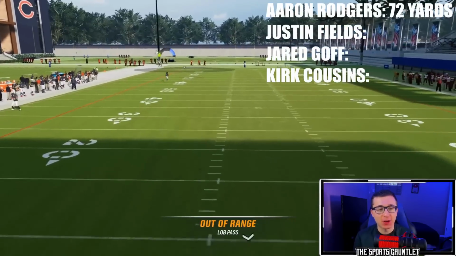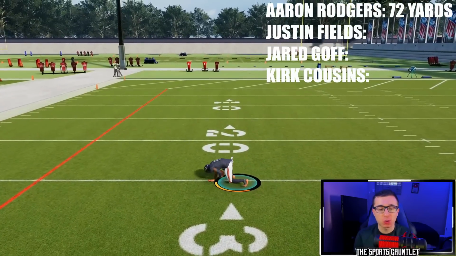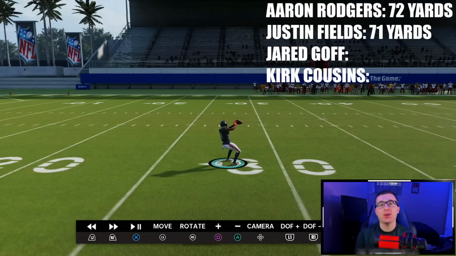And Justin Fields is going to air this football out, and it's going to be very, very close. The ball's waiting there for Darnell Mooney. Where did the ball come down? So Fields is just going to be 1 yard short here for Darnell Mooney, and Justin Fields 71 yards through